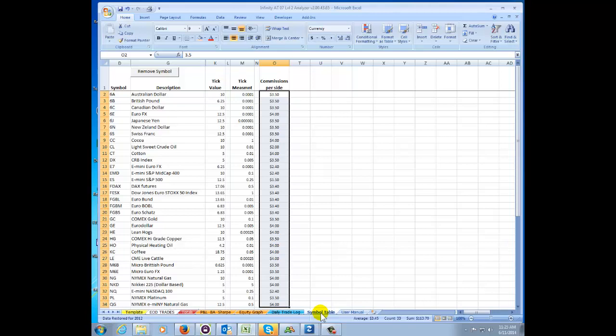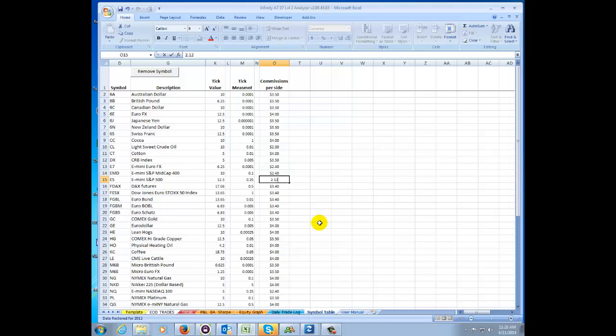Everybody gets a little different commission based on their account size and the volume or frequency that they're trading. So once you've set that up, obviously in ES, the S&P E-mini, you're not going to be getting it for $1.50. Maybe it's $2.12. So just go in there and make a change, and it will calculate your actual account balance for the